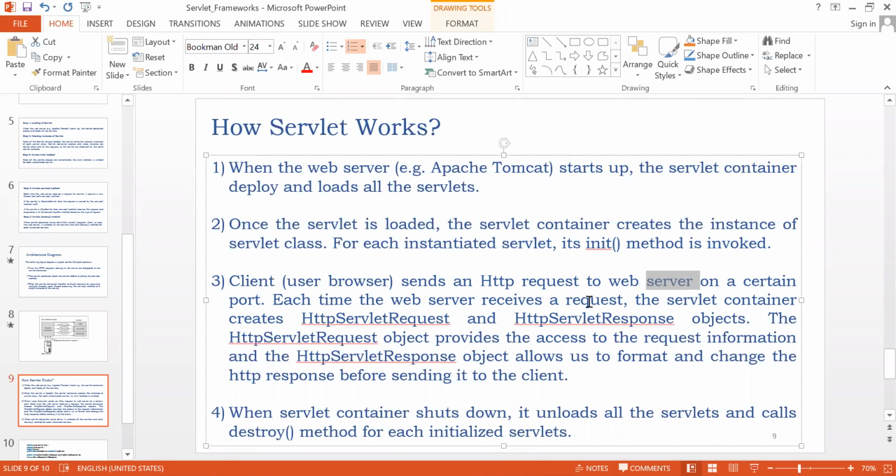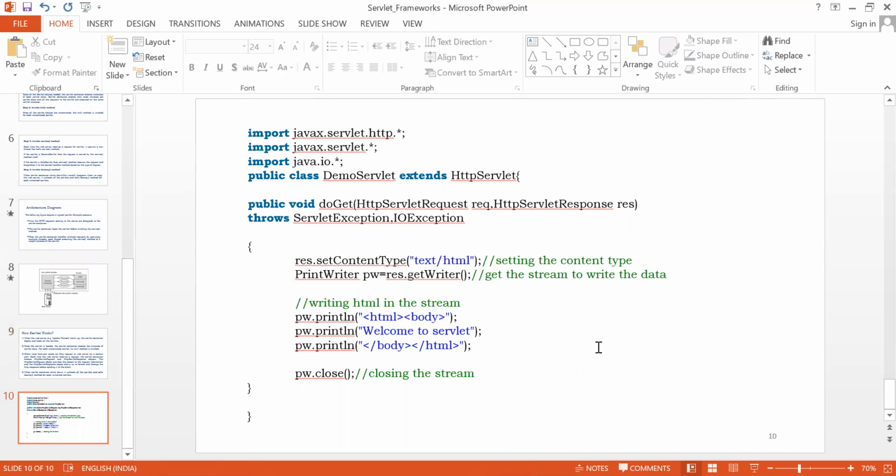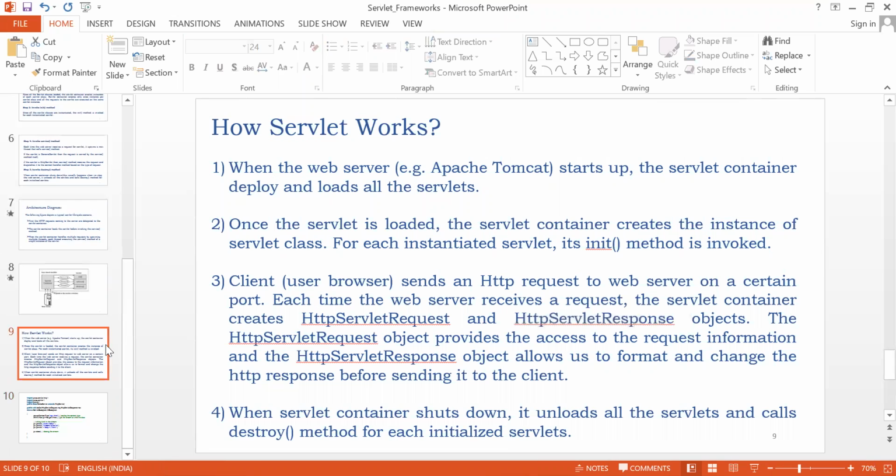Each time the web server receives a request, the servlet container creates HttpServletRequest and HttpServletResponse objects. The HttpServletRequest object provides access to request information, and the response object allows you to format and change the HTTP response before sending it to the client.